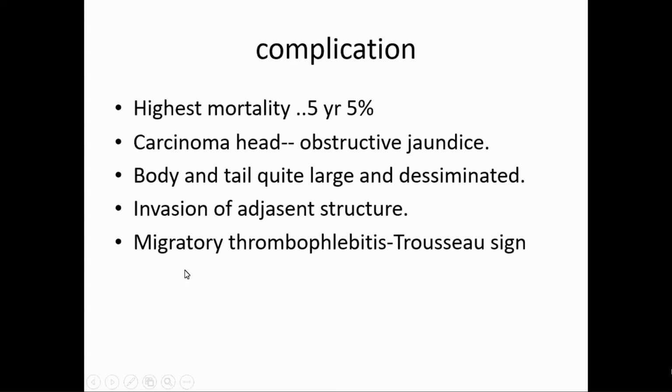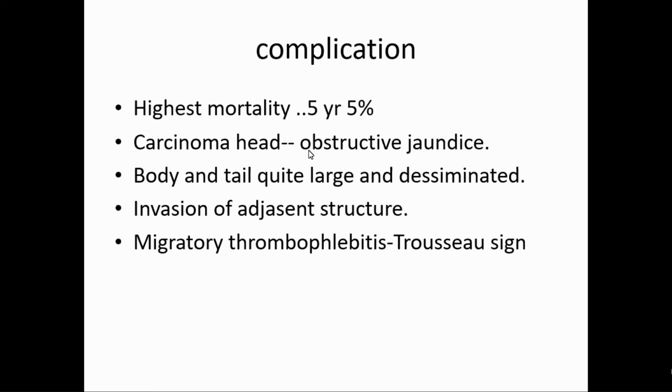The other characteristic of this is migratory thrombophlebitis, means inflammation of the veins, and it is shifting. It is not confined to one vein; it shifts from one place to another. That's why it is called migratory, and that is called Trousseau sign. This is caused because of release of tissue thromboplastin in the circulation. Tissue factor, which leads to coagulation. So the blood becomes hypercoagulable, and that will lead to migratory thrombophlebitis. So Trousseau sign and Courvoisier sign, these are the two things you should remember.